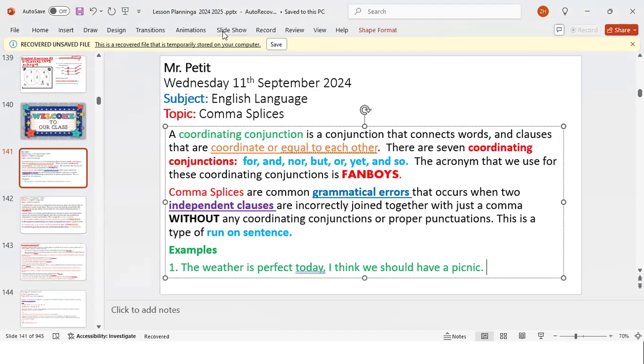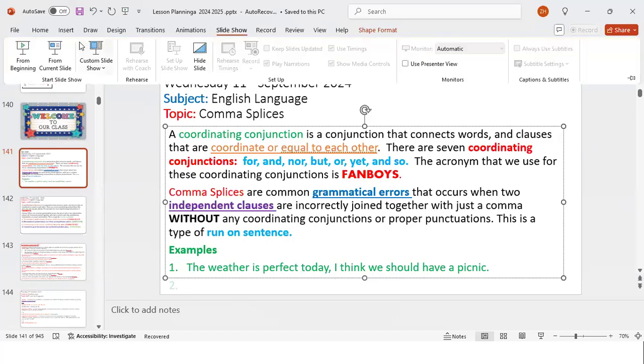All right, how many persons think that this particular sentence is the correct way? Like there's nothing wrong with it. The weather's perfect today. I think we should have a picnic, right? Nothing wrong with it, right?